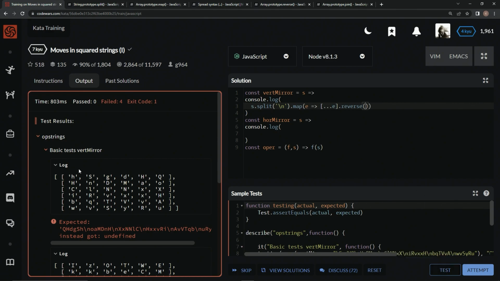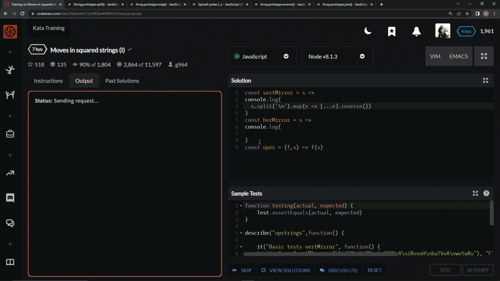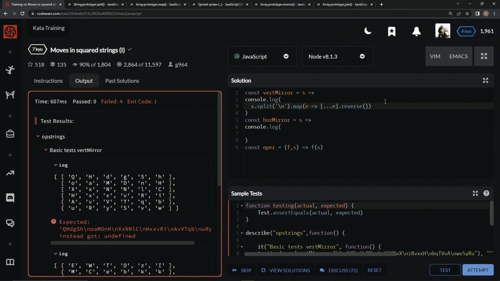Test it out. Look at all these. Here's the H here. It should be at the end. The Q should be at the front. Test it out. And it is just like that. So reverse like that. And then we're going to say